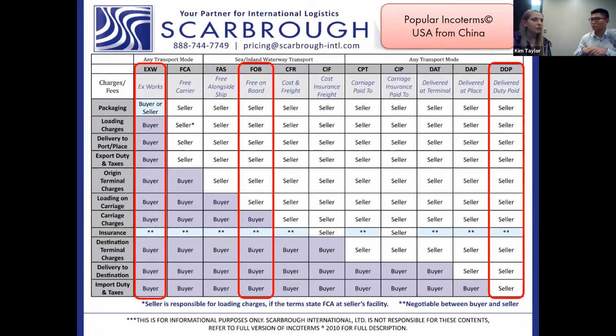So what Sean's saying is if you're buying DDP, you do not have the visibility, you do not have any control over that freight. You don't know where your freight's at. You are not in control of any of the charges. It will just show up. With FOB, it's very transparent. You will have all visibility as to where your freight's at. You will have control as to where it comes from and where it goes and your preferences. And you'll see the charges for that as well. Yes. Thank you.